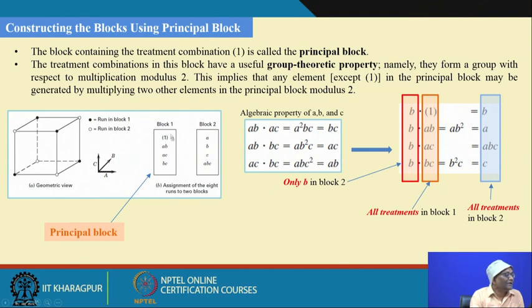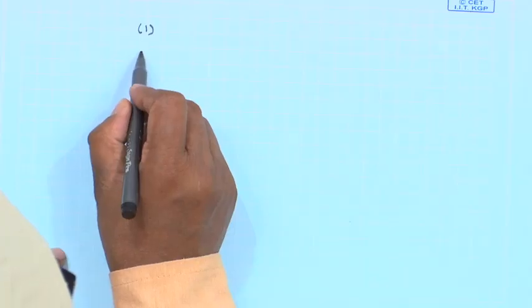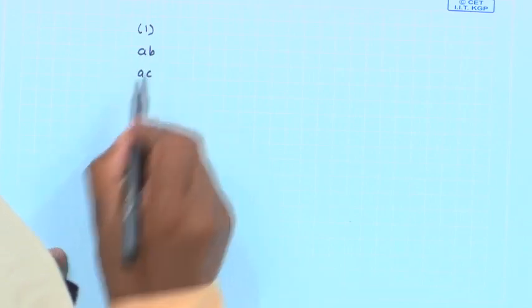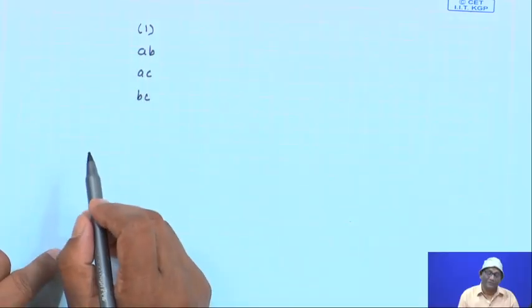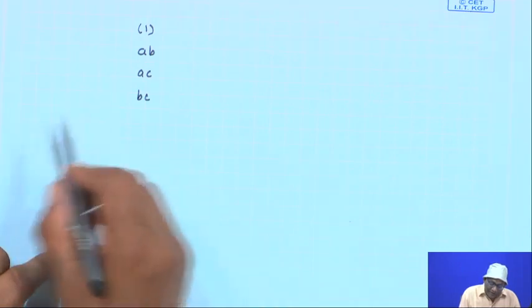I mean to say that as you have 1, AB, AC, BC, these are assigned to the first block. Now, if you multiply it with any other treatment combinations which are not in this block, what will happen? You will get the treatment combination in the other blocks. How is it? Suppose in the first principal block we have 1, then AB, then AC and BC. So, the other